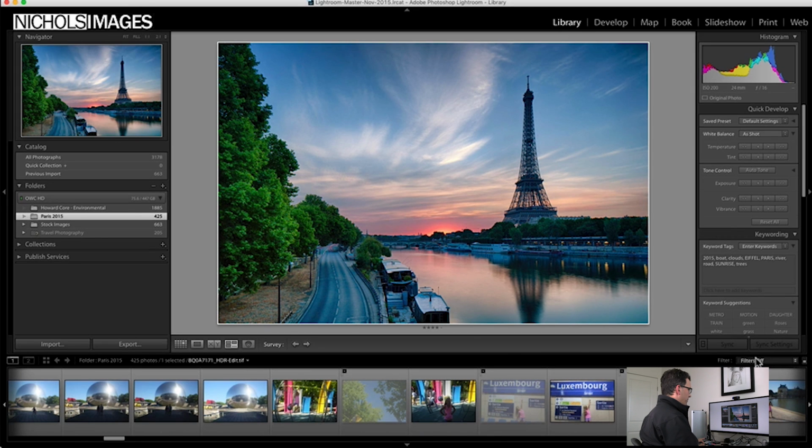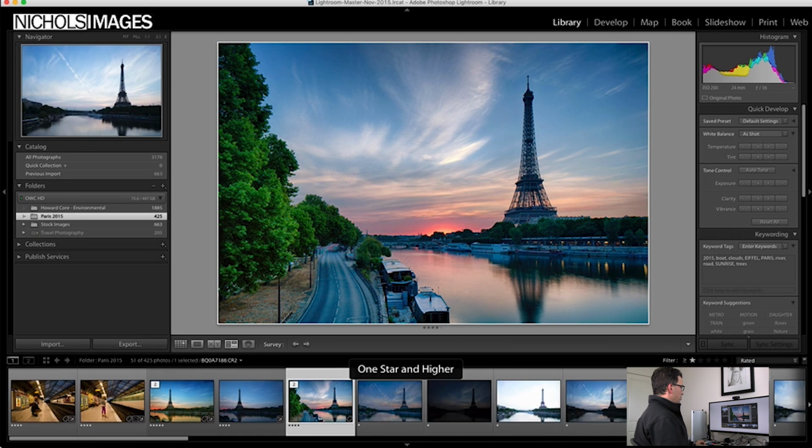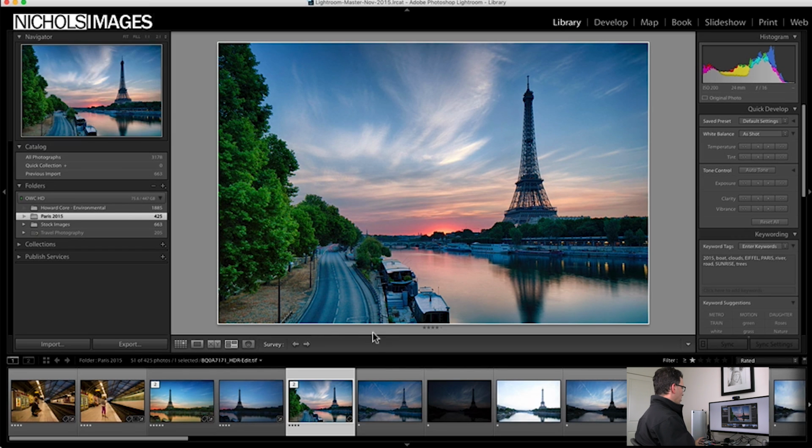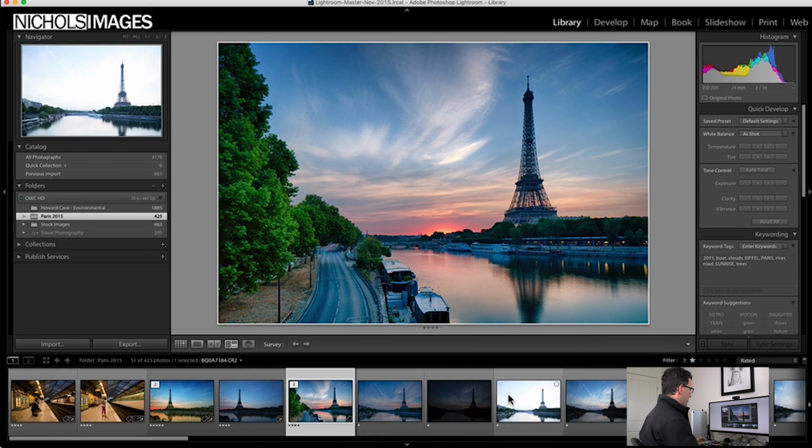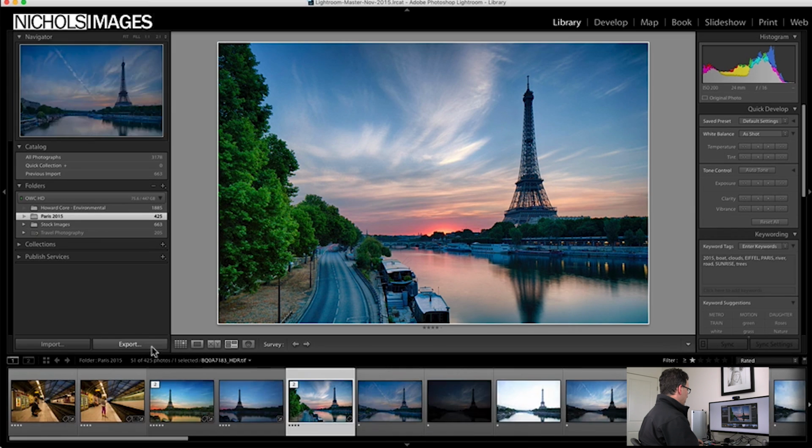What we didn't talk about were filters. So down here you have filters. And now I'm just going to pull down here, and right now the filters are off, so it's showing me all the images. I'm not filtering them on a certain type of criteria. But let's say that I choose rated. So as I choose rated, it's going to show me all of the images in this folder that are rated 1 star or greater. So I've got my film strip down here, and while I could scroll, I can also